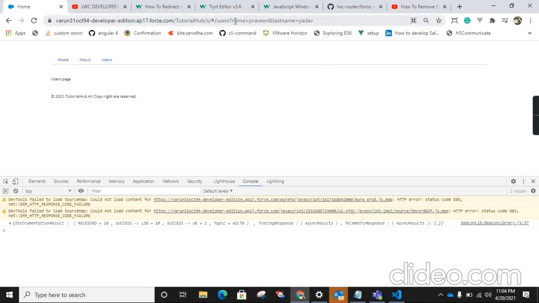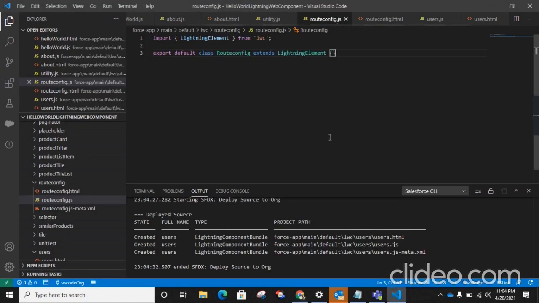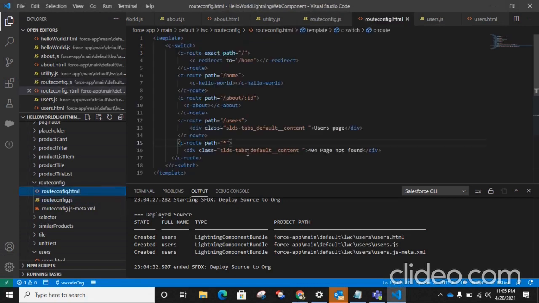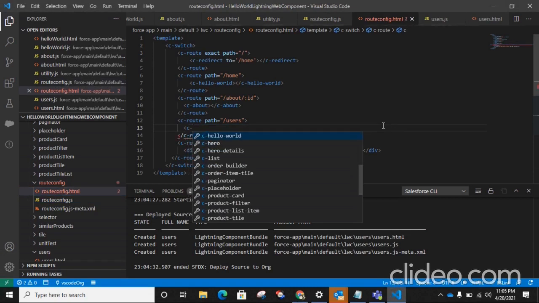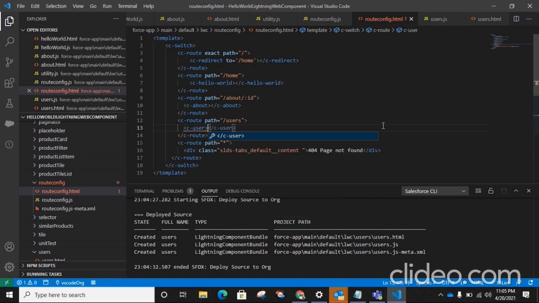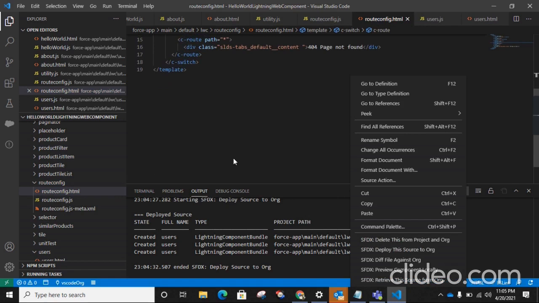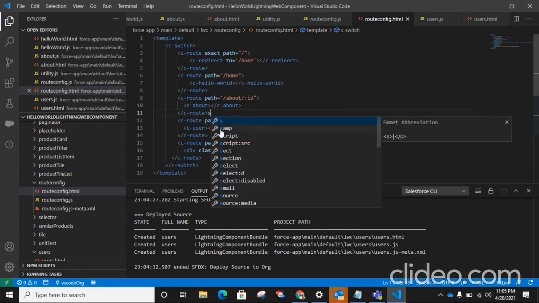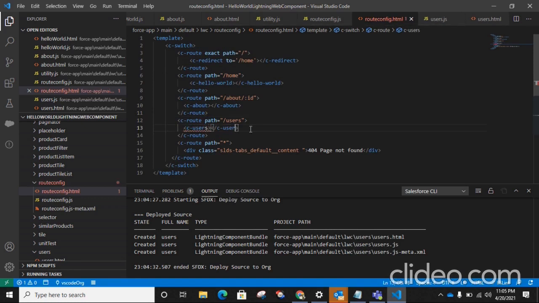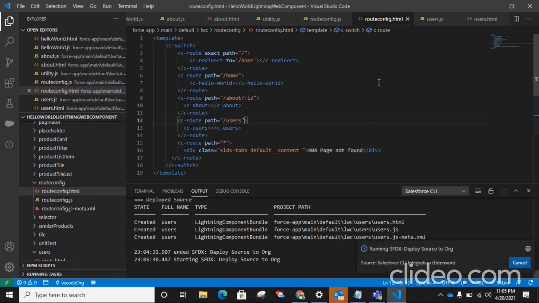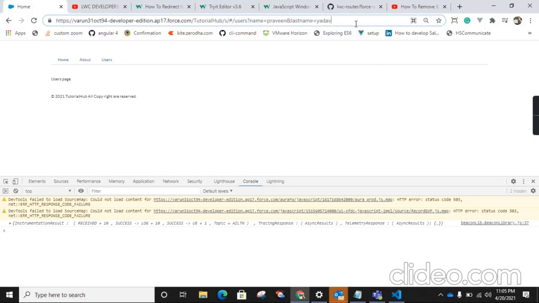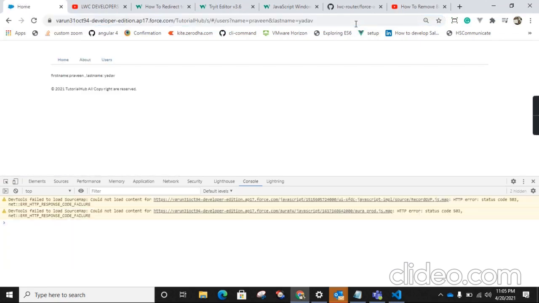I'm not getting anything here, because I need to change the div here with the users element and deploy it again with users. Let's check it. So I'm getting first name Praveen and last name Yadav.